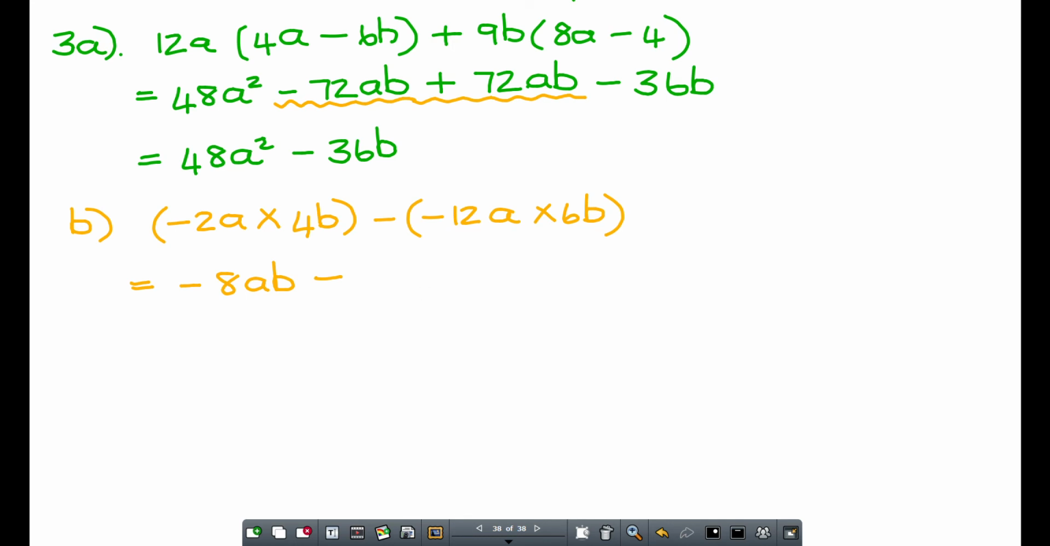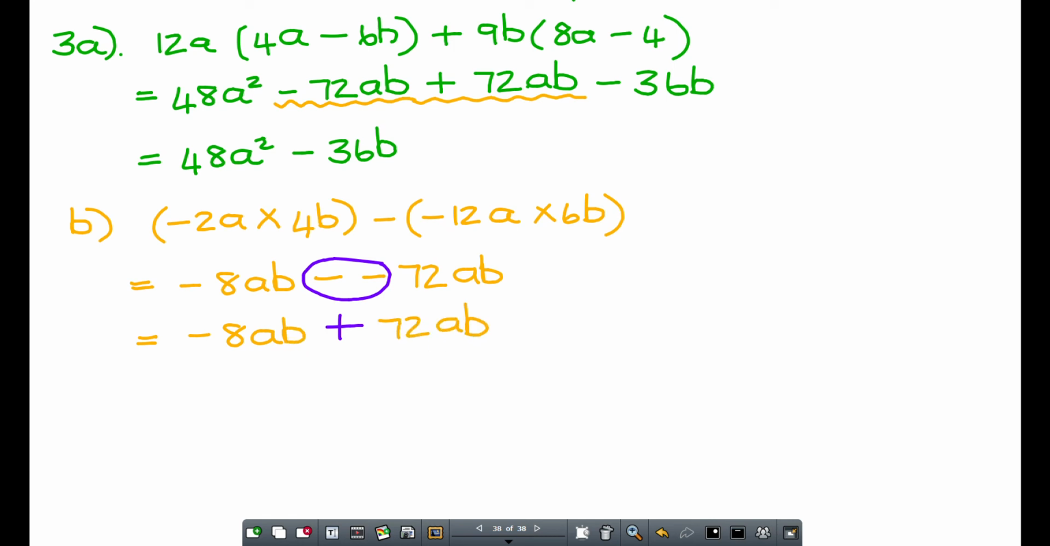Okay, then minus. Now, minus 12a times 6b is going to give me minus 72ab. Now, this one, because it was a negative number, you could have kept it in brackets. If you did not, it's still correct, and you would still be able to see that these two negatives will now become a positive. So it would be minus 8ab plus